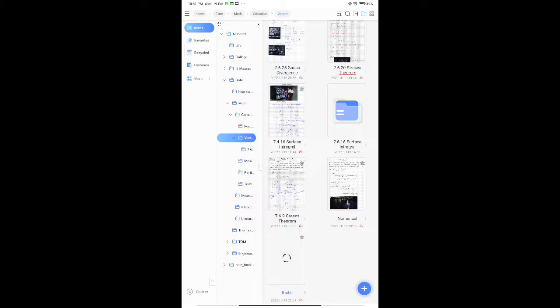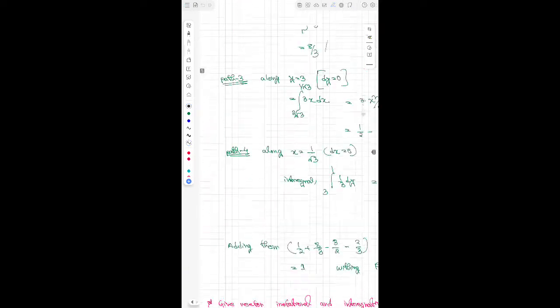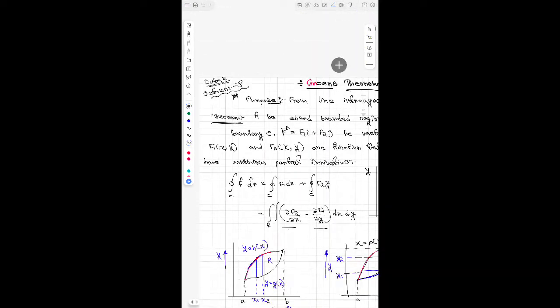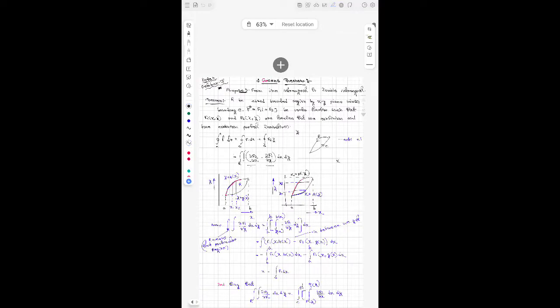নিউমেরিক্যাল ওখানে রয়েছে। গ্রিনস থিওরামে যাওয়া যায়, গ্রিনস থিওরাম হচ্ছে ডেলের পরেরটাই। চলো, সো হোয়াট ইজ গ্রিনস থিওরাম? পারপাস কী আছে? প্রথম যেটা আমাদের ইম্পর্টেন্ট, দ্যাট ইজ কাম একদম জাস্ট লাইন ইন্টিগ্রালকে ডাবল ইন্টিগ্রালে আমরা কনভার্ট করছি। সো এখানে লেখা আছে।